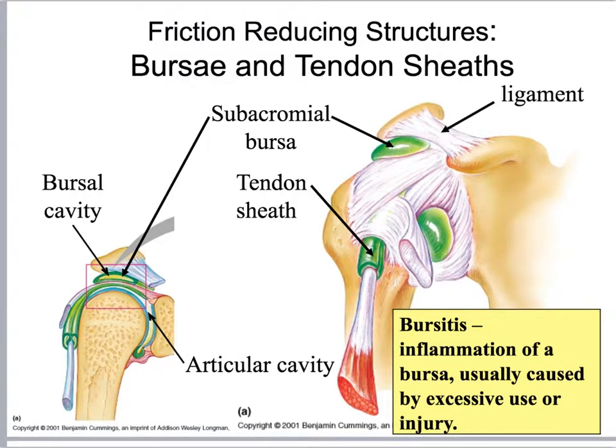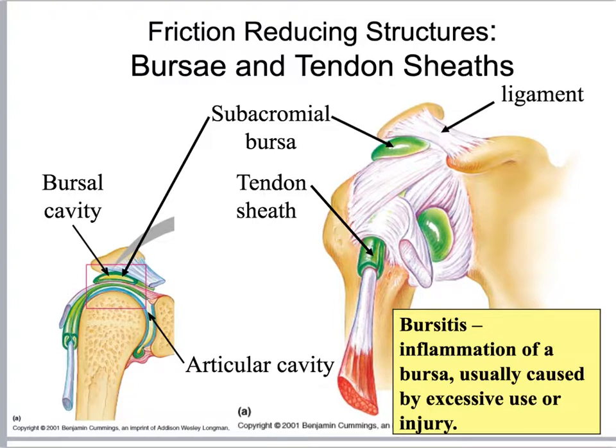Now, when things move, these areas, I've got muscles in here as well, and they're going to be moving against each other. So I take a little bag of fluid called a bursa, and I stick it in there between two areas where there's the potential for friction, and that helps to reduce the friction. It's kind of like when you wear shoes without socks, you're more likely to get a blister. But if you put socks on, the socks form like a bursa-like structure that protects your skin from the friction from the shoe, so you don't get a